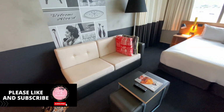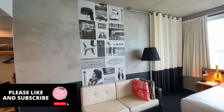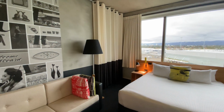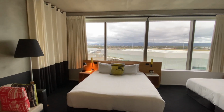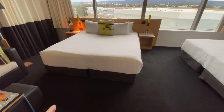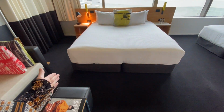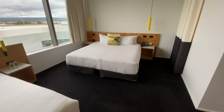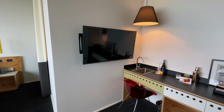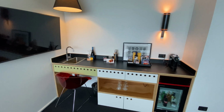You've got a couch with a coffee table, some nice artwork above it there, curtains that actually aren't hiding anything, a lamp, and look at that view of the airport. Two king beds, but you can actually see that they are two singles joined together, and there are two of them in here. Now, when I turn around, we've got a flat screen TV, a sink, bottle of wine there, some